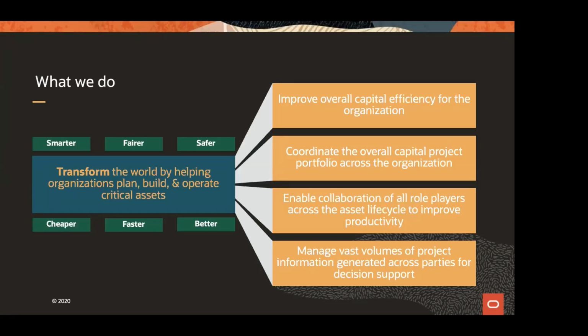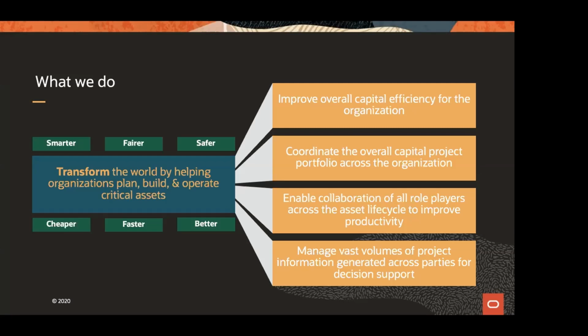And I want to focus just on 2 of our 6 objectives there. For one, doing the work cheaper. How can we help organizations do things cheaper? Well, you can help organizations to provide good quality, to prevent rework. And in a collaborative environment, that's what we're trying to do. Next one, how do we help organizations to do work on a fairer basis? Well, we can help every organization, irrespective of size, to have access to the same world-class project and construction management systems.